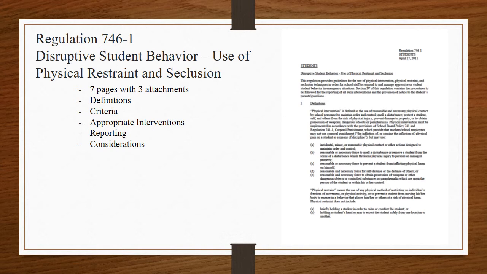So once again, regarding corporal punishment, we are not allowed to do so. Abusive techniques are not authorized, permitted, or condoned in our schools, and they are expressly prohibited using Virginia Code and the school board policy, as well as our regulation on corporal punishment. All of this information can be found within this regulation.